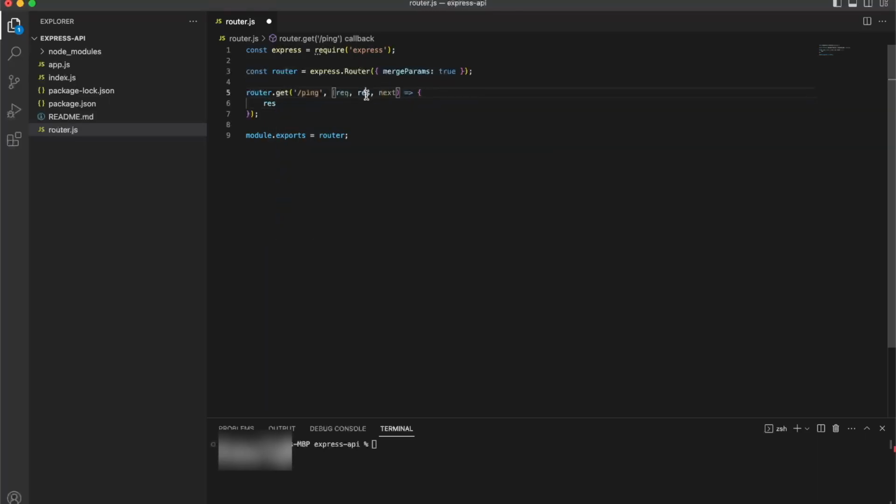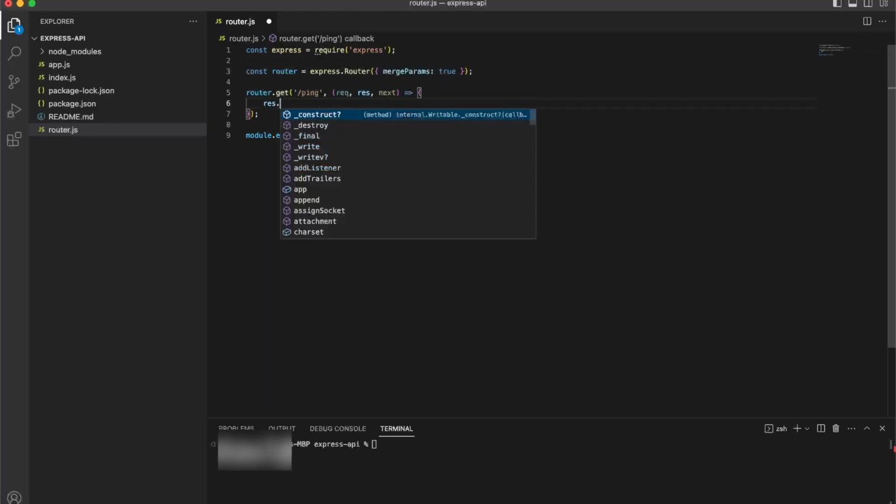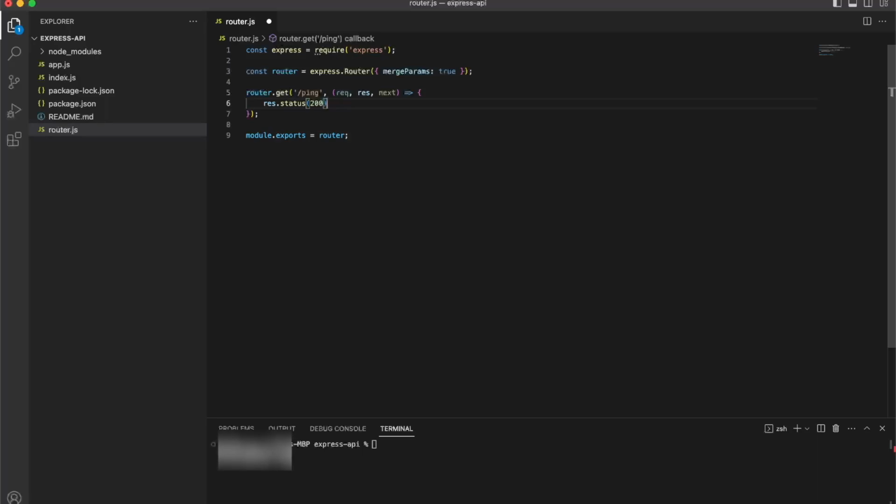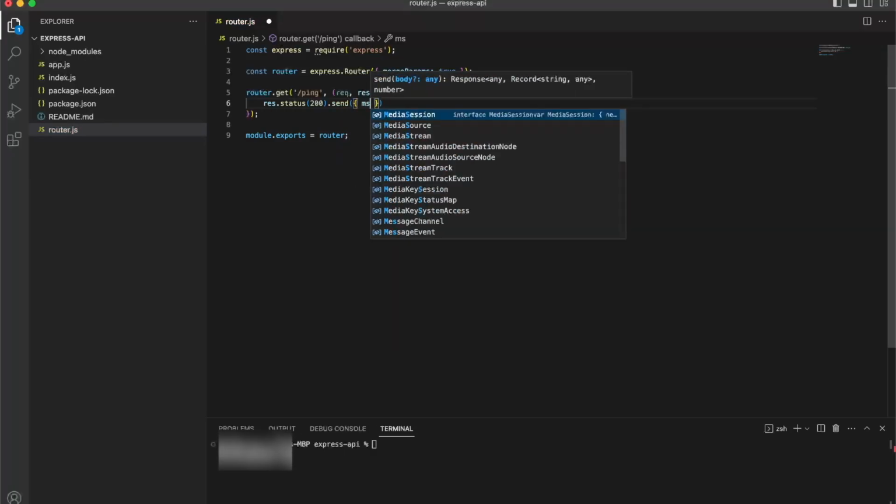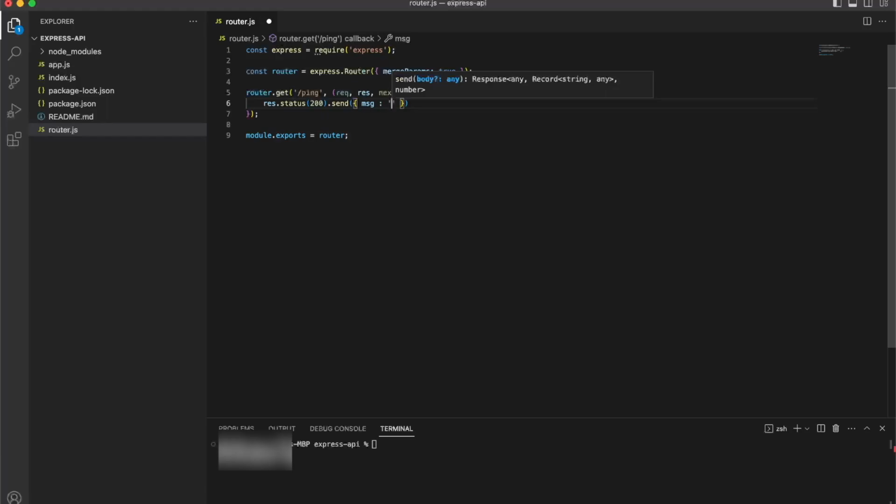calling the res object, res parameter, dot status, and basically passing in HTTP statuses here. So I'm going to be passing 200, which is okay in terms of HTTP codes, and then a basic send function with a message saying Pong. Now, whenever someone calls this URL, they're going to be getting this JSON as a response with a status code